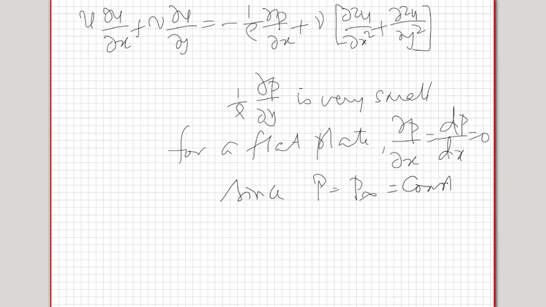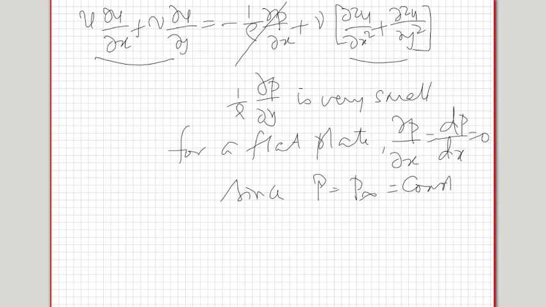Okay, in such a case, what happens? This term drops out. So you only have the advection terms and the diffusion terms, which is one of the good things that has happened. Now, if I do the order of magnitude analysis, these two terms are going to be adding to each other. So if one of them is much bigger than the other, the smaller can be considered negligible. Similarly, these two terms are going to add to each other. So in the pair of terms, if one of them is much larger than the other, then the smaller term can be neglected. So that's what we will try to do in this one.